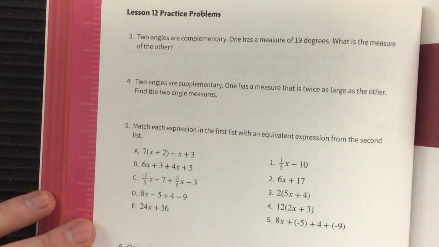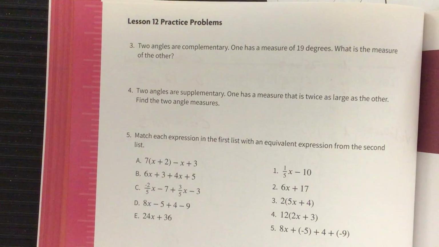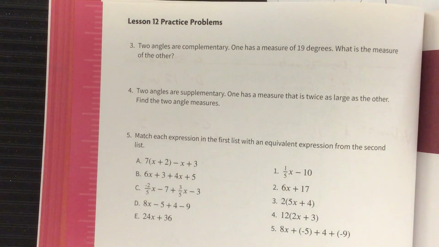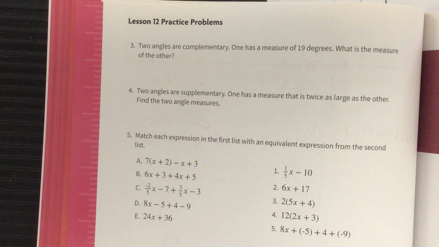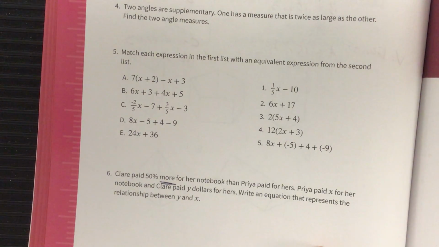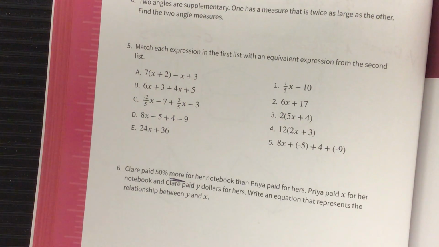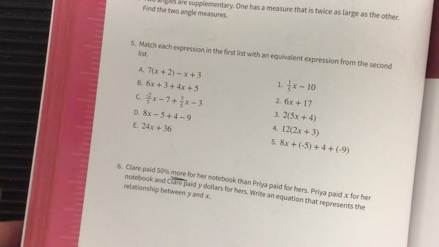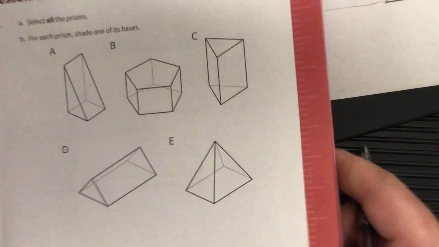Next page. 3 and 4 are talking about supplementary and complementary. You should be able to handle that. 4 is a little trickier. It doesn't give you one, you have to find them. Question 5, match. Self-explanatory. And question 6, write an equation that represents the amount of money. Here's the key word on this one: more. 50% more. Remember what we did with percent when it said more. That'll help you write the equation. So 1 through 6 on page 101 and 102 for